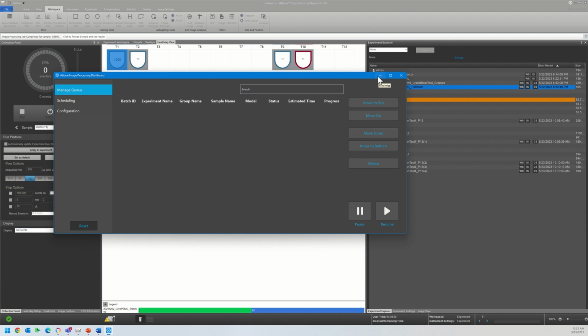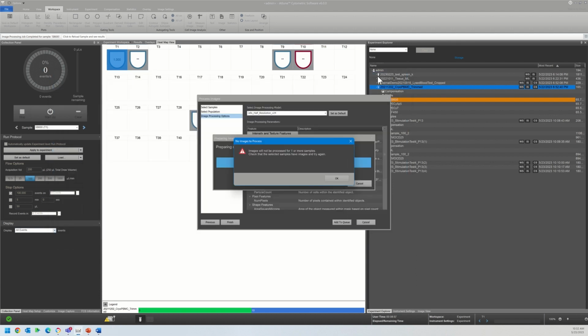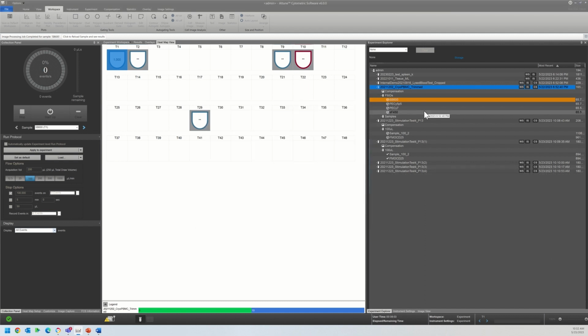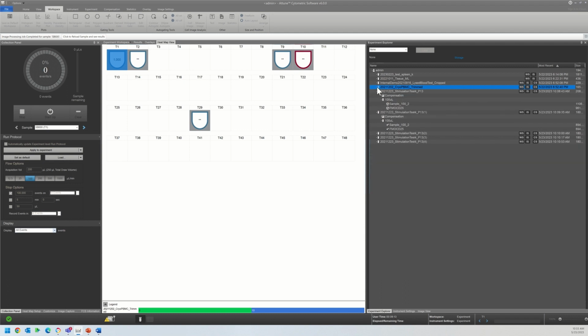This will process in the background if you minimize this window, and you should not have to worry about needing to re-add any of these to the queue. If you happen to shut your computer down, it will start back up and resume where it left off. So coming back to our original, or to one of our examples,